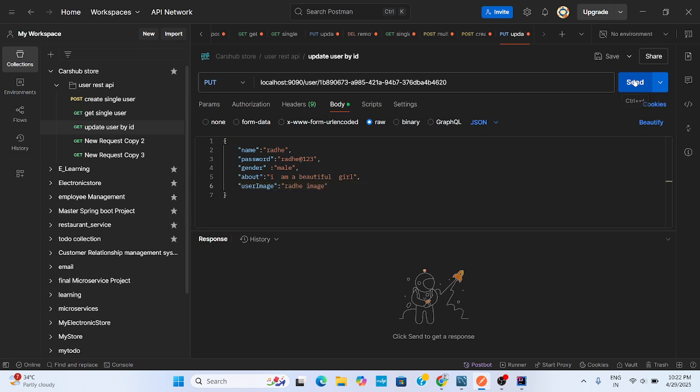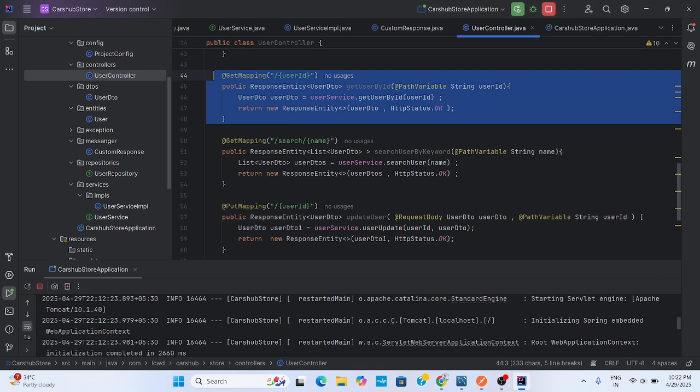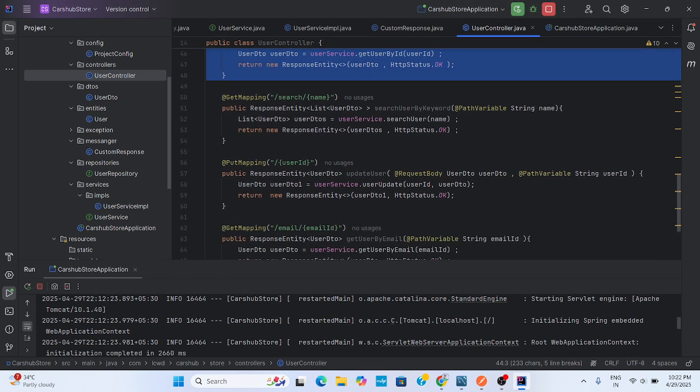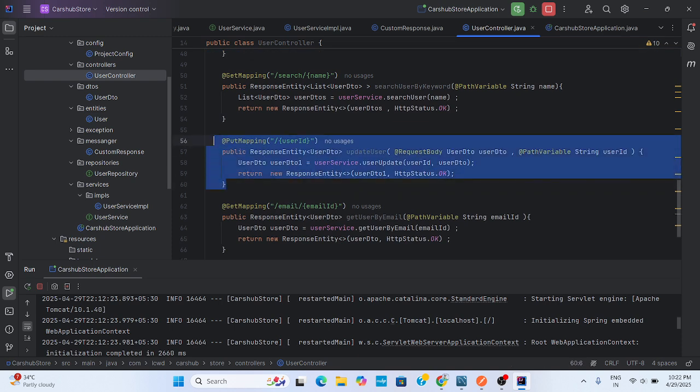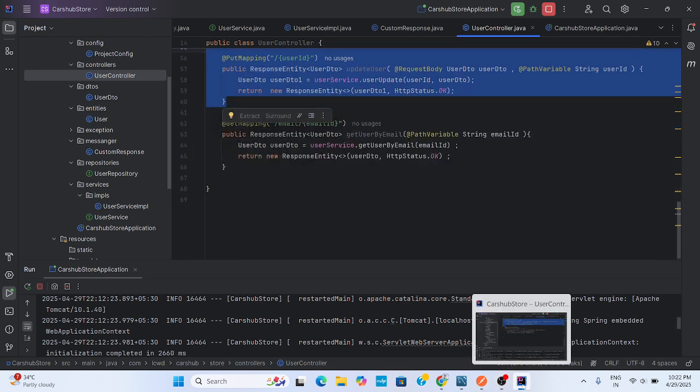So we will update. I checked this update endpoint, and it is working properly.